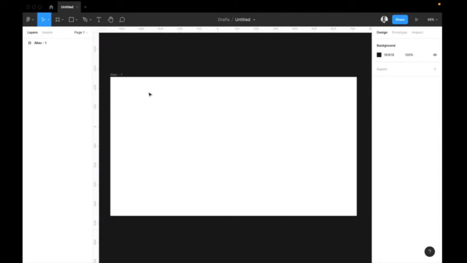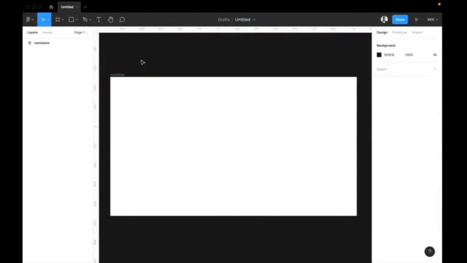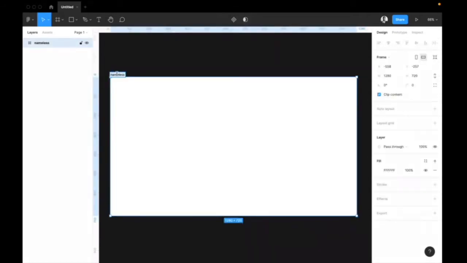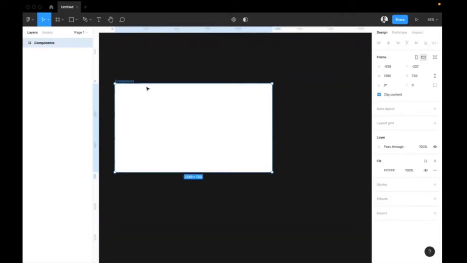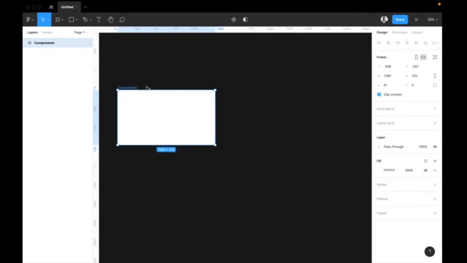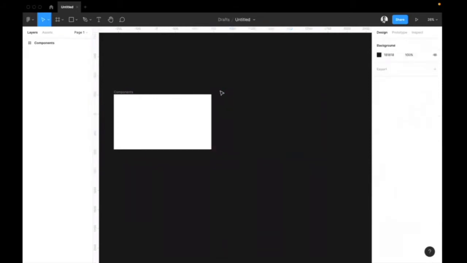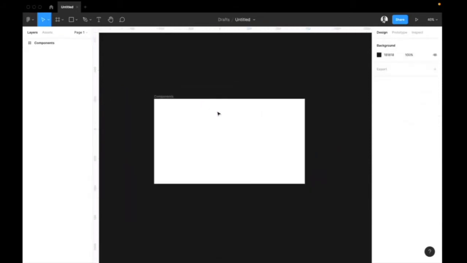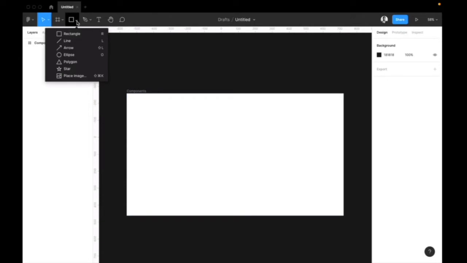I'm going to call this file components. Of course, you can rename by just double clicking on the name you see here. So we can say this is nameless for now. Just by double clicking, I can change this to components, and we are able to name this file. I can also click on this page and use Control D or Command D to duplicate this page. Of course, these are some of the stuff we did in the last class. What we're going to do right now is build. So let's kick off